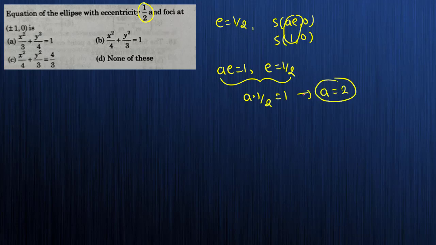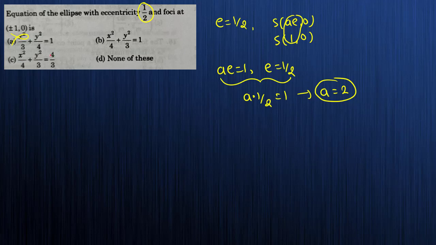Yes or no? If a is equal to 2, can you find the value of b? If a is 2, which option can you directly cross out? Which option can directly be wrong? x square by a square, here I need 4, so option A is wrong. Because of this, none of this... let's find out the value of b. Without b you cannot tick mark which one is correct. Okay, so let's see. So again option C also you can cross out.